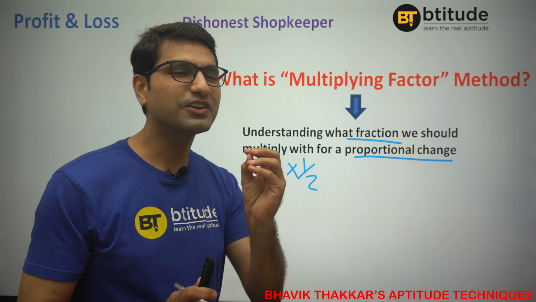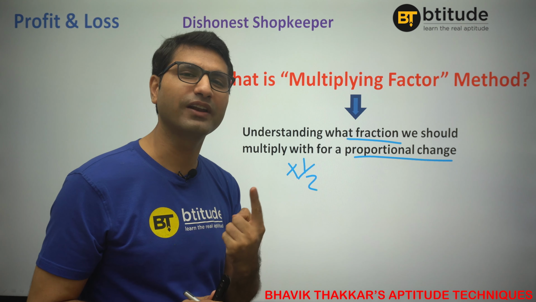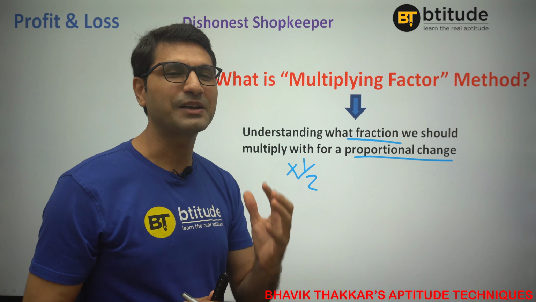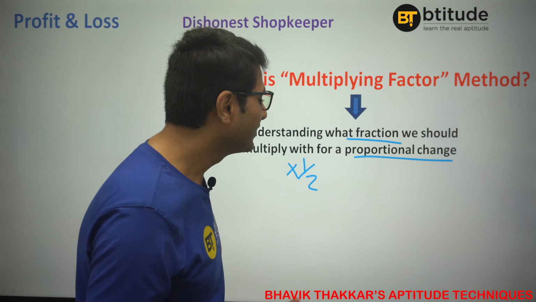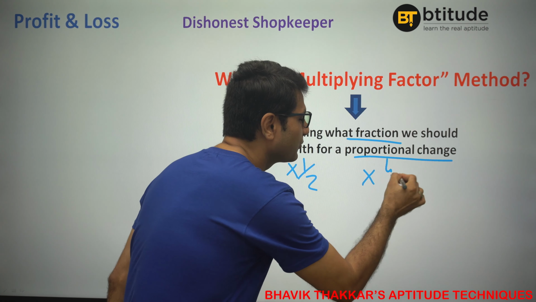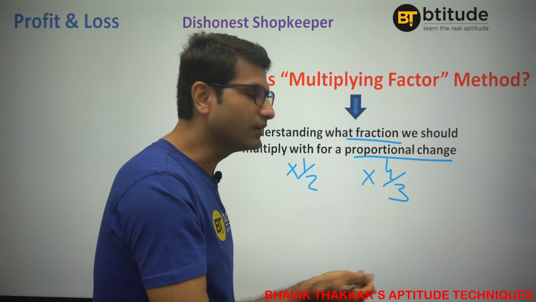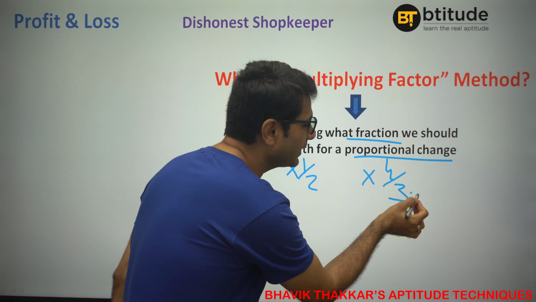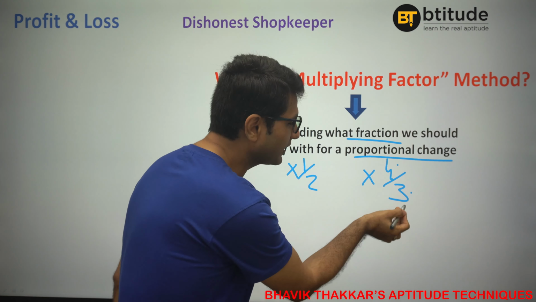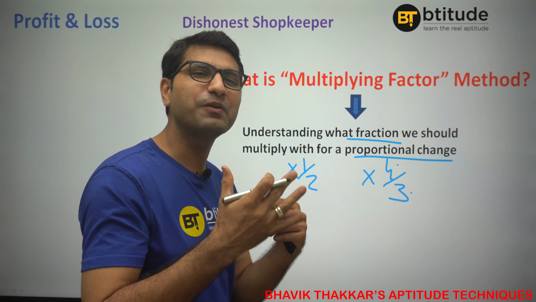Fine, this is what you should be clear, because original fraction is 1. If it is increasing by 1/3, that means it is becoming 4/3. So you can say multiplied by 4/3. That means, in other words, it is becoming from 3, it is becoming 4. From 3 to 4.